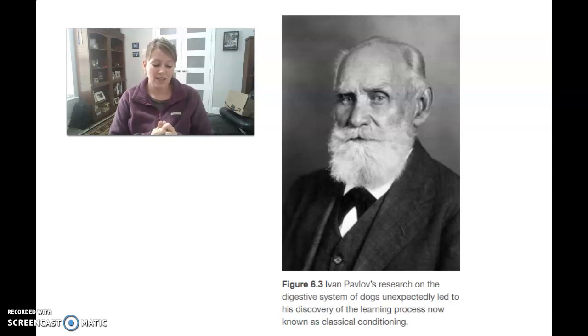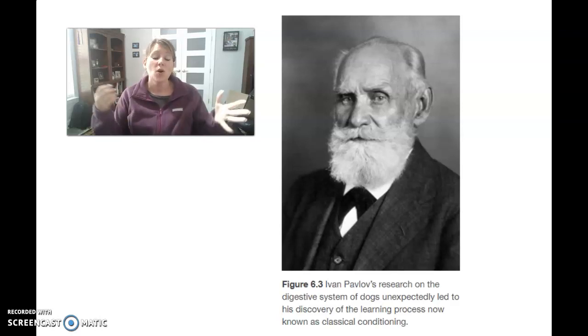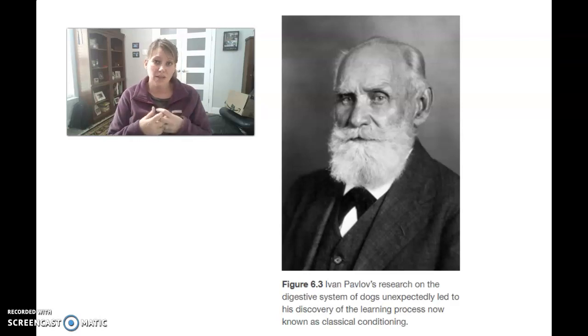Now, there was a scientist named Mr. Watson, and he wanted to get human emotions with classical conditioning. His human emotion was fear, that he wanted to bring forth from this child over inanimate objects, things that wouldn't produce the emotion of fear. So he presented a bunny or cotton, things that a kid would usually play with, and he paired it with a loud banging noise, making the child fearful of these toys or these objects.